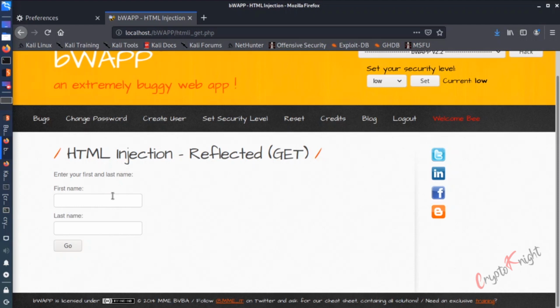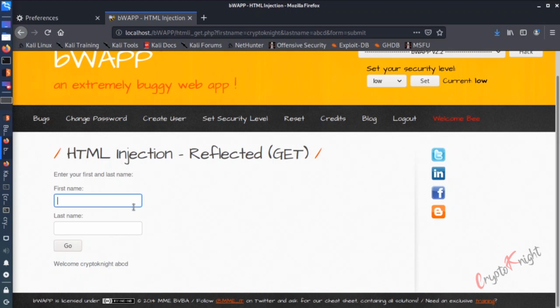As an attacker, what we will try to do is give any name. So for example, I give kryptonite and anything, let's say ABCD I give, okay. Hit go. So we can see whatever we entered is reflecting back to the page, like welcome kryptonite ABCD.